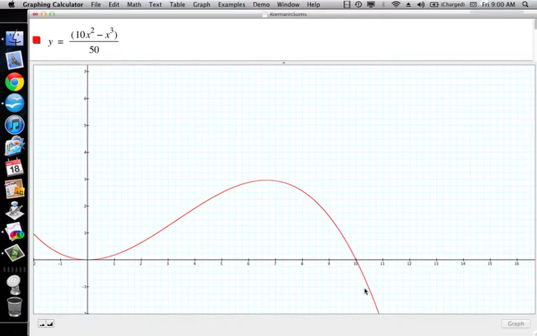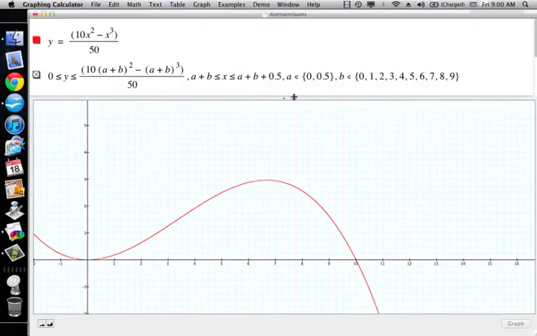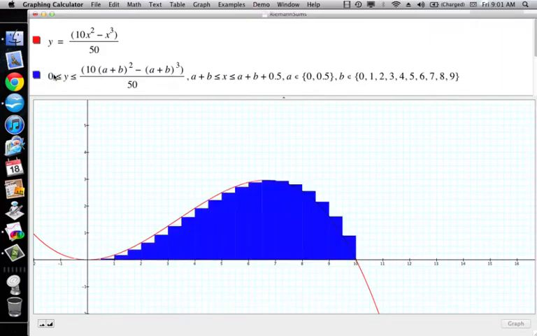Okay, so now I want to introduce this idea called Riemann sums, and it relates to what I was doing in the previous video. And I've got these really complicated formulas here. Basically I've replaced my x's with a plus b's, and so now I've got a step function. You can pause the video and think about it if you really want to. But what this does